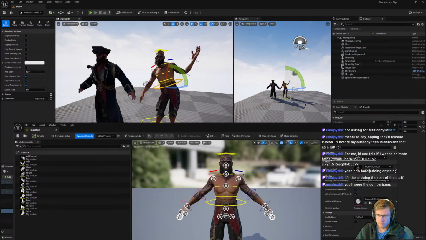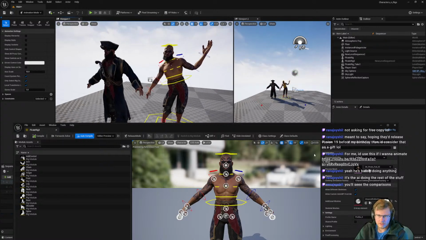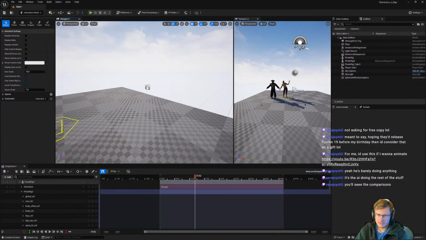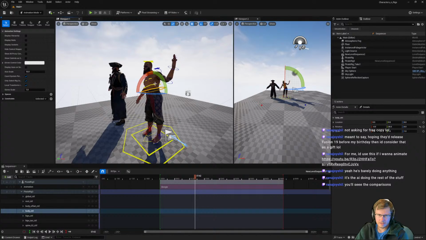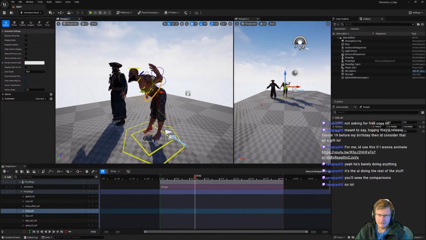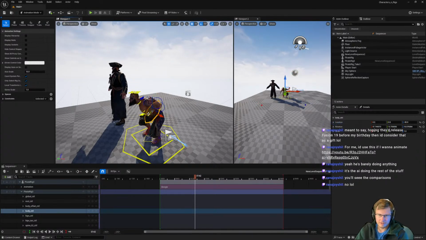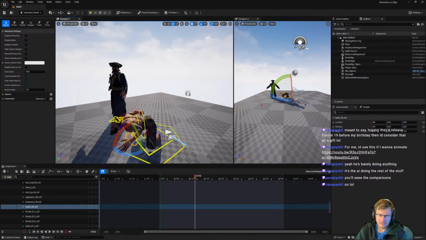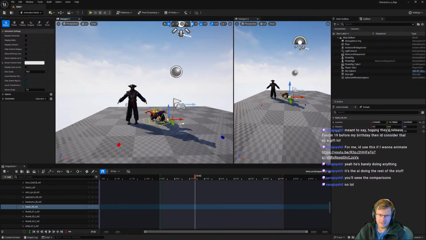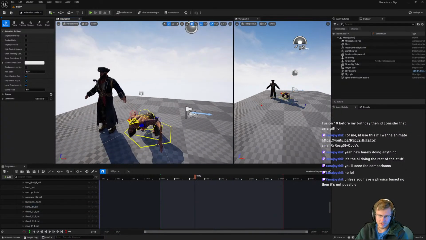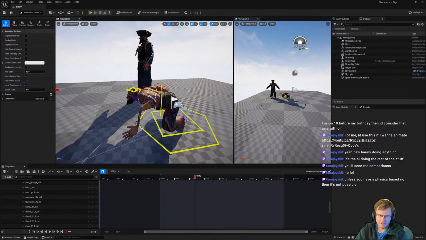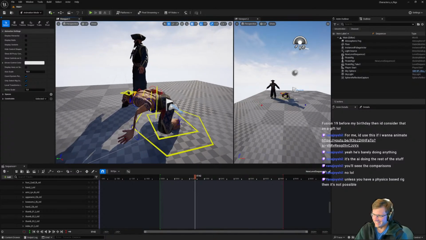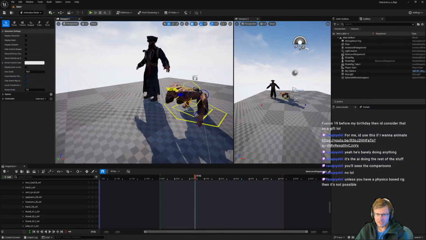Use all. We could do that. That's not. Look, we just bend this guy, bring him down, bring him over here, bring him here. See? Perfect. That's 1 for 1. Unless you have a physics-based rig, IK rig. I mean, that's what...